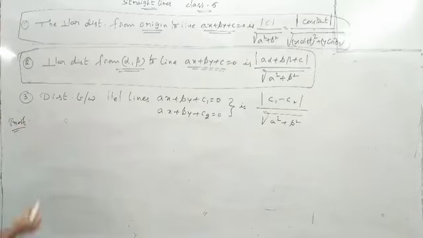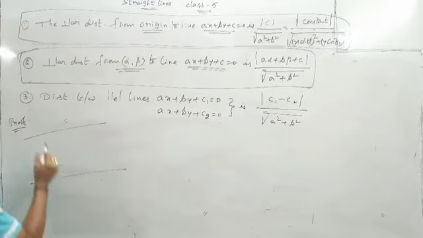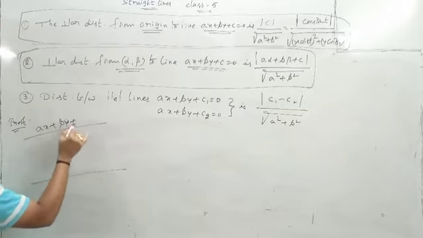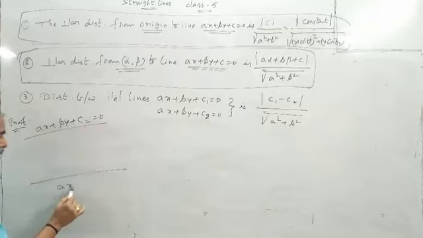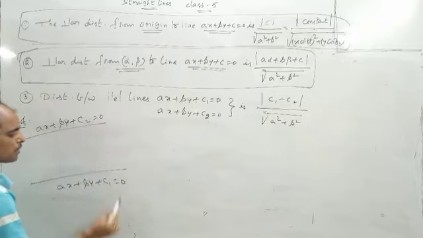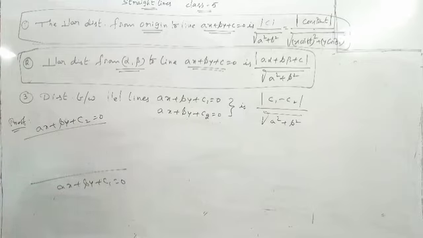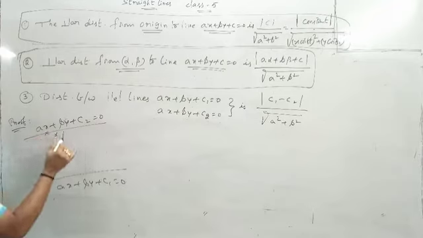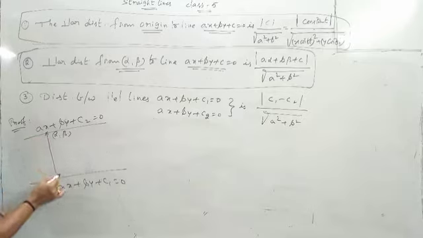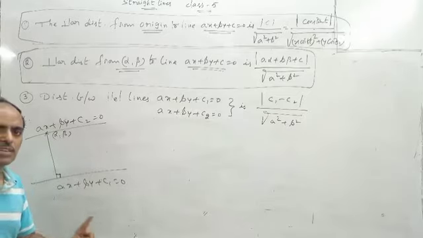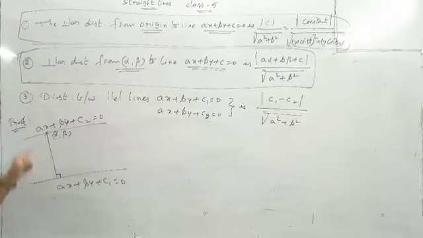How to do this one? I am taking two lines. This is ax plus by plus c2 is equal to 0. This is ax plus by plus c1 is equal to 0. Okay, these are two parallels. We have to find the distance between these two. The distances are same, you take anywhere, because these two are parallel. Suppose I am taking a point alpha beta here. Now this will be the perpendicular distance. Distance means perpendicular. When a point and a line is given, this is always perpendicular distance. We have to find this distance.